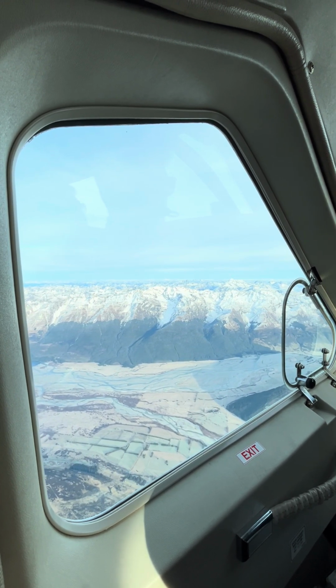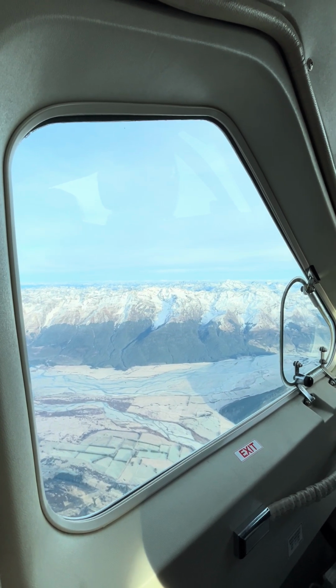Rivers by various glacial systems, and the snow is Spanish, up to our